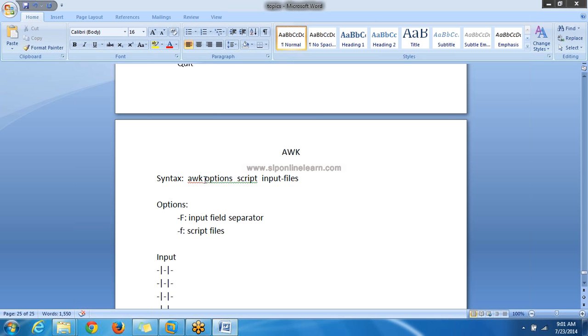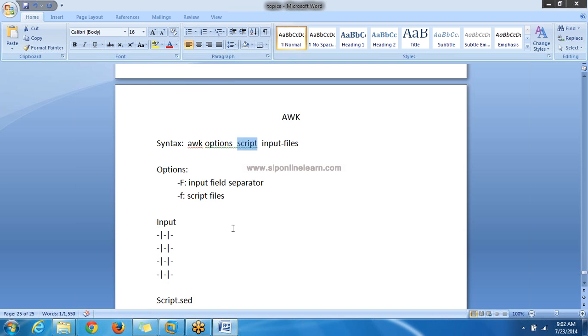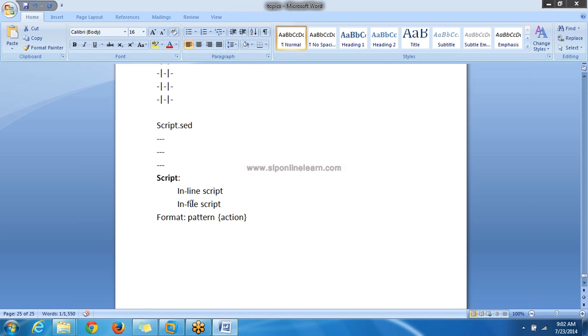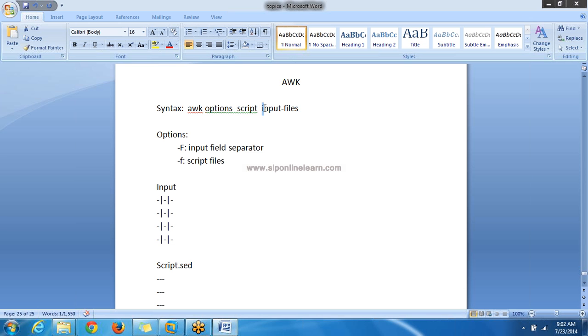So this is the syntax of the awk command. Awk, space, options. We have two kinds of options. One is capital F, the other small f. Capital F is for the input field separator, to specify the field separator. Next, the script, two kinds of script, inline or in file. This is similar to the sed command. Next, input files. These input files can be multiple files or a single file as per the requirement.